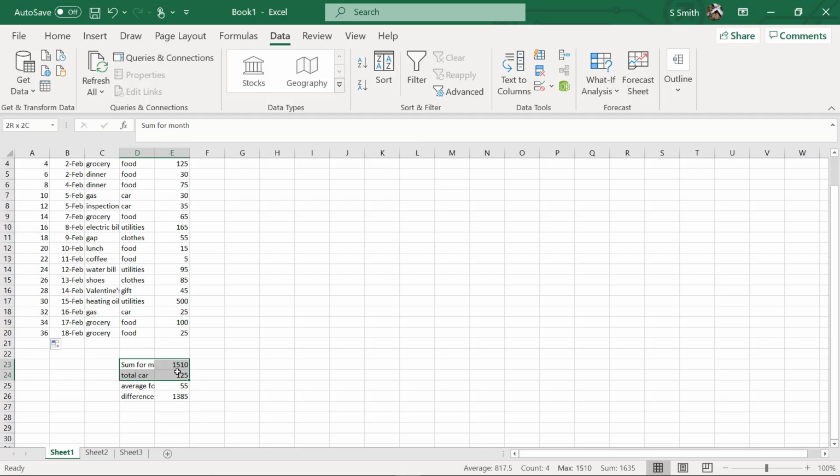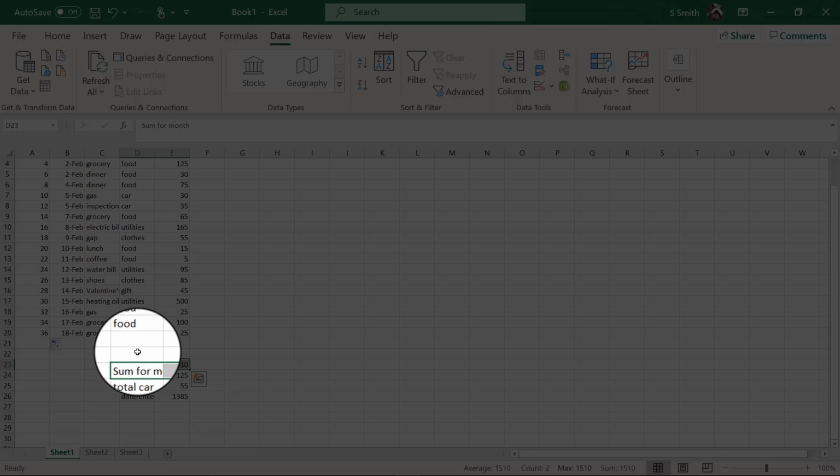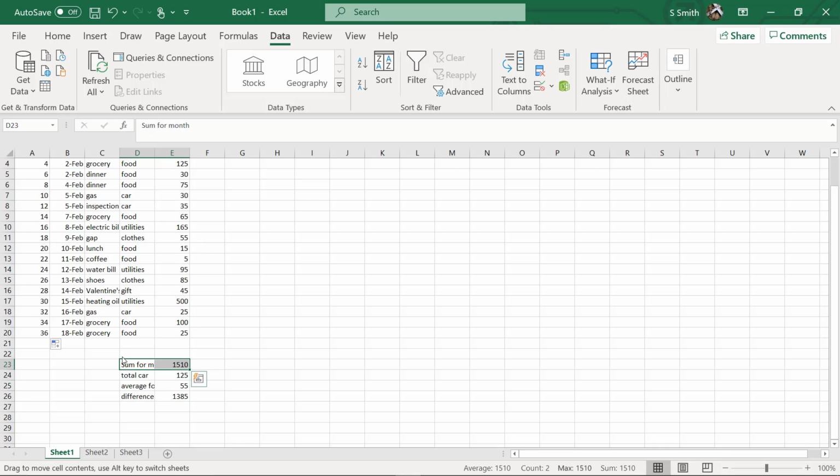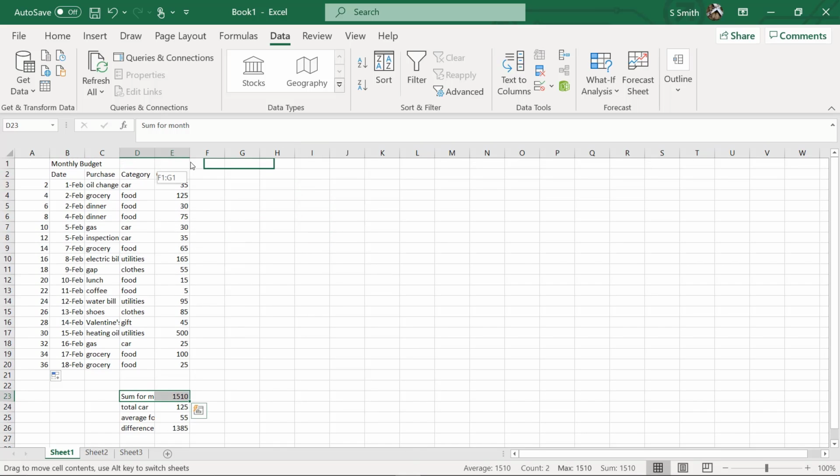Say I wanted to move this total data and I wanted it to be one more cell up. We had talked before about the upper left-hand corner where I get all 4 of those arrows. So if I just hold my left mouse button down and I drag that total over somewhere else, say I want to see it at the top, I can move my data all around like that. Or if I want to, I can get that double arrow back and move it back down where it was, I can relocate it that way.